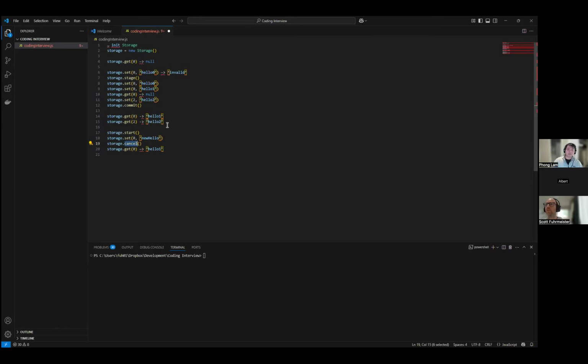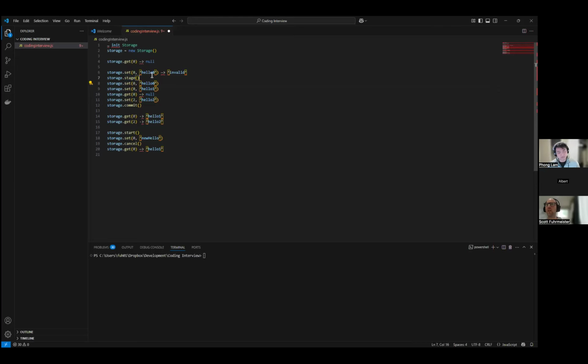It's similar to before, right? So if I commit on line 19, then if I get 0, it should return me new hello, right? Because I'm setting it on line 18. But I didn't commit it. I call it cancel, so it shouldn't commit anything within it.